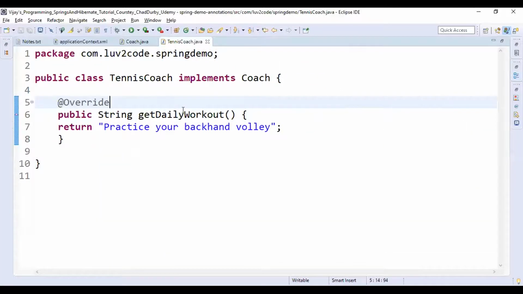Annotations were introduced in Java JDK 1.5. The next point here is, annotations are processed at compile time or at runtime.